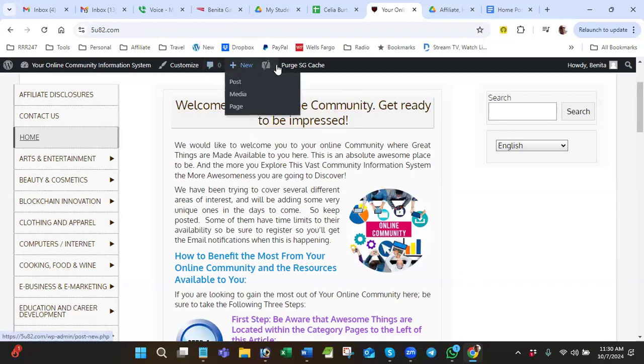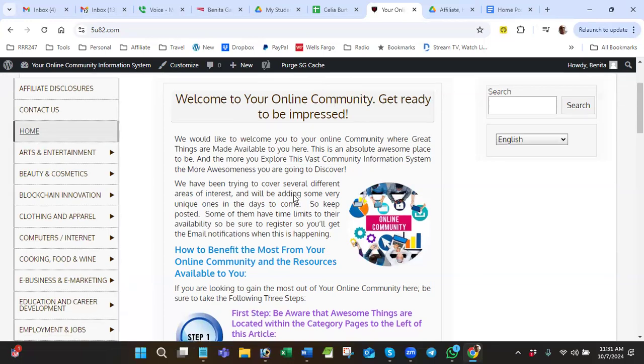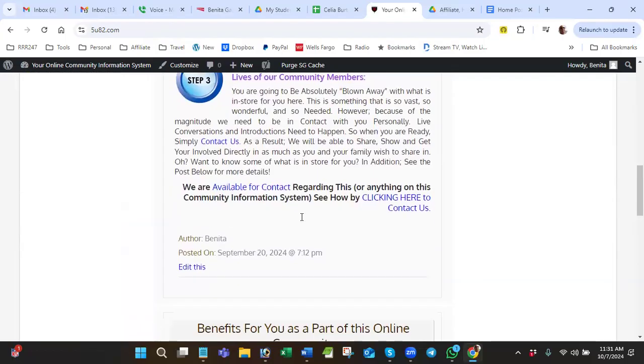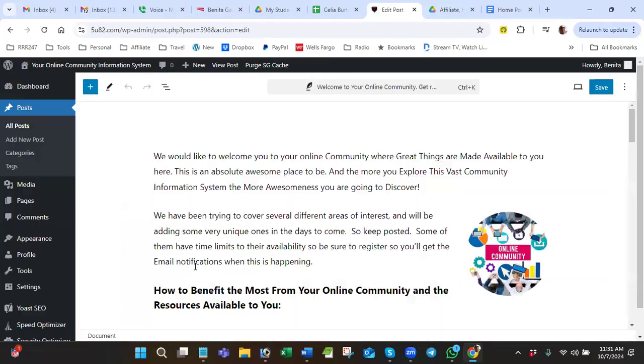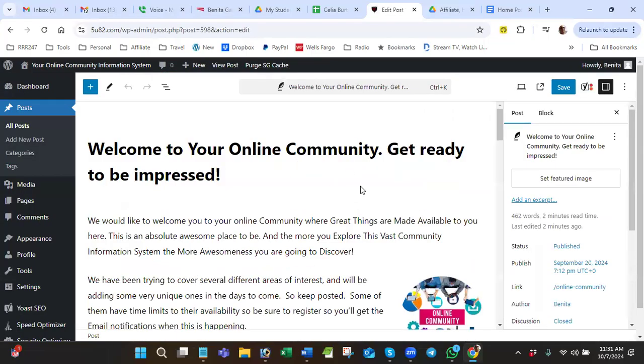This one doesn't say edit page. Because it's a post, that's the only reason it doesn't say edit page. And there's more than one on here, there are 2 posts, so it can't say edit post because it wouldn't know which one you're talking about. But down here by the date that we just changed, at the bottom of the post, we can click on this right here, edit this. Without going back to the dashboard, we'll get to this screen, and this is where we can start modifying the